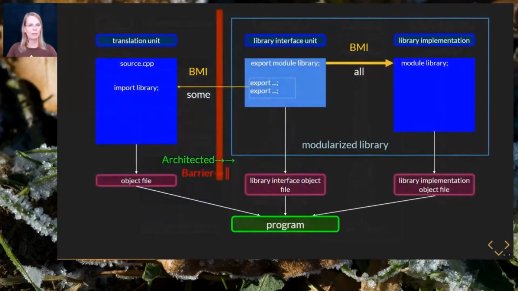Quite some time ago, at about the turn of the century, it became apparent that they need to do better. So fast forward to today, we finally can do better now. Modules change the compilation model in a way that the interface of a library is no longer textually inserted into a TU, but rather becomes a TU on its own.